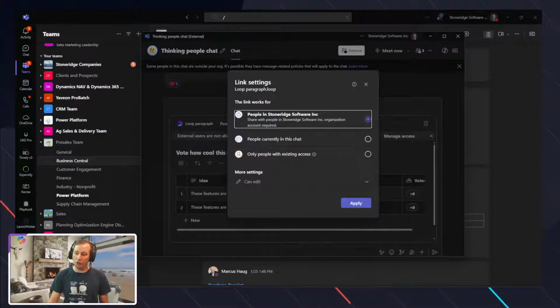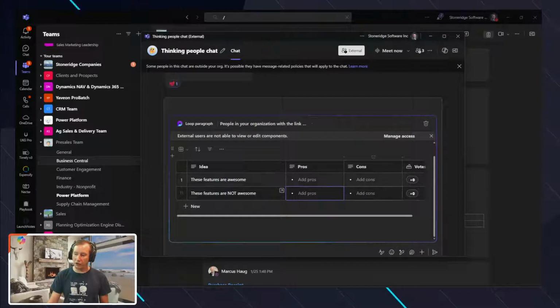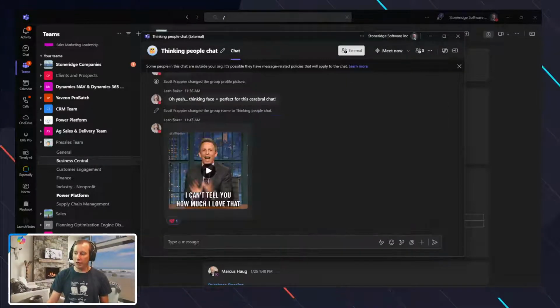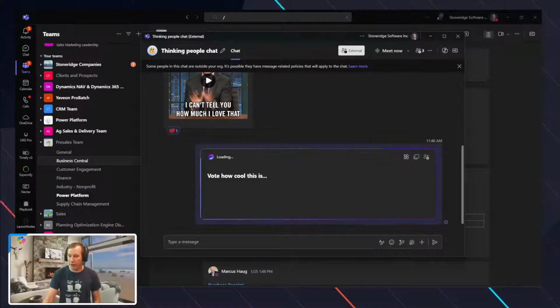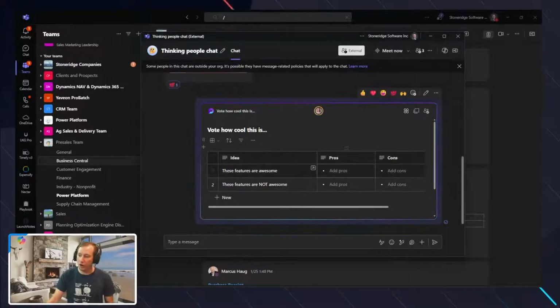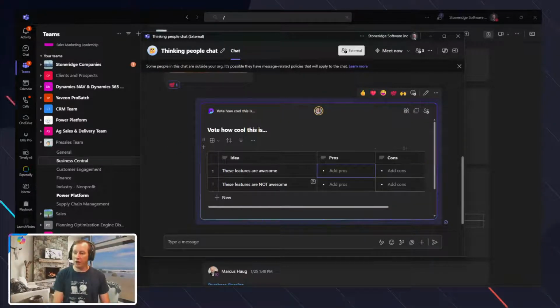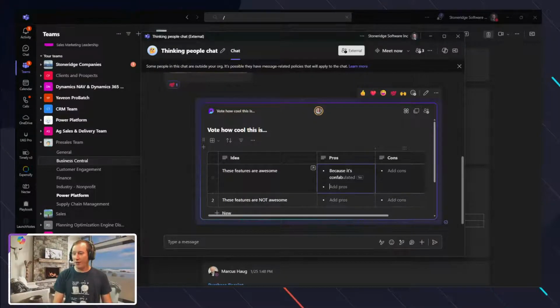But what I can also do is change on the fly who has access to this loop that I'm creating inside of here. So I could create that loop, and then Leah would be able to come in, because it's confab, and I can see Leah is actually in here now as well, so she has the component open, so that if you want to build tables really dynamically, for example, and then share that content.